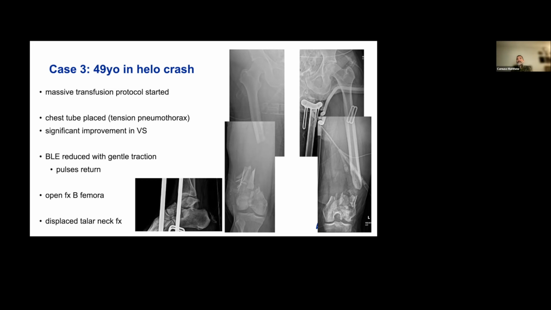What are the priorities here, Steve? What should we be thinking about in this guy? He's still pretty sick. His vitals have improved somewhat now that he's got a chest tube, but what do you think? This maybe is too simple. How does your algorithm help us in what to do with this guy at this point?